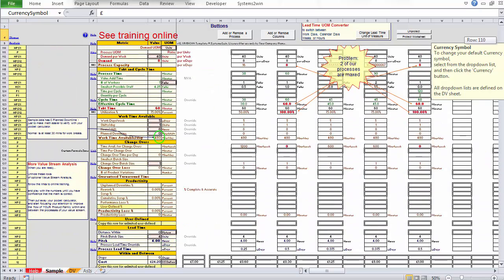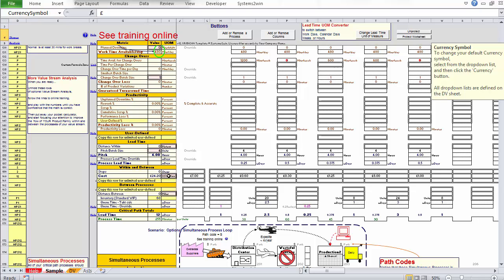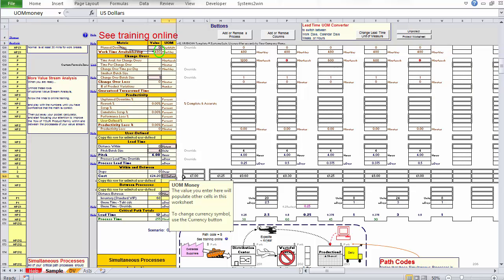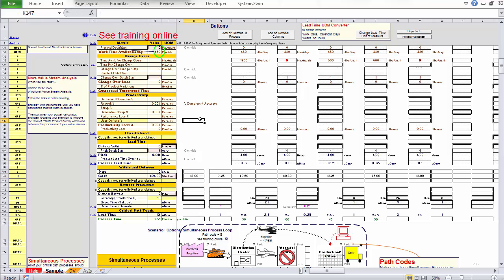And then here in this cell, because a lot of currencies use the same symbol, you can put what it is that you want, and mine's going to be sterling pounds or whatever. So that's how currency gets changed.